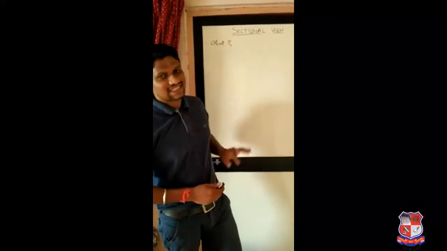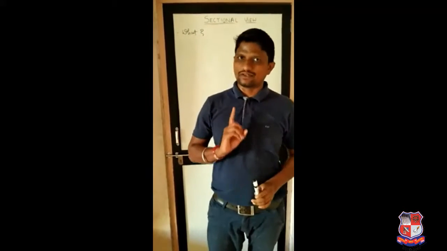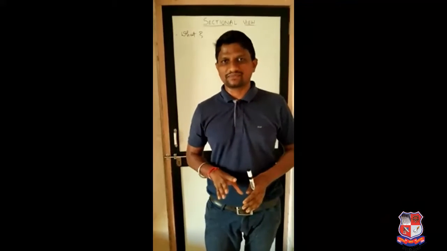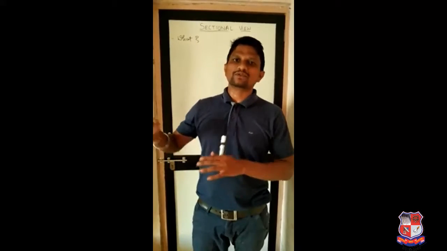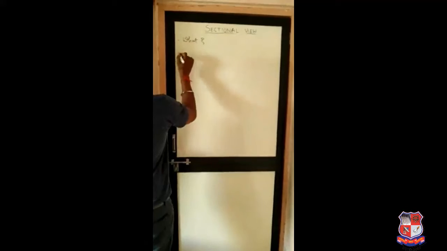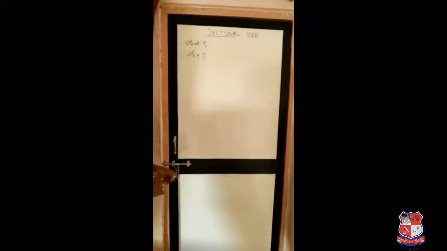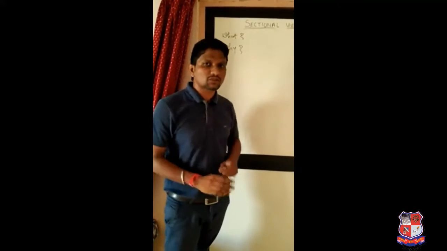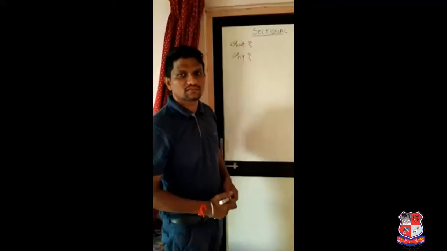So, what is sectional view that we have studied? We need to cut the object? No. We need to imagine that the object is going to be cut. Then after, observe the object to make the hidden portions visible. Why it is necessary, that also we have discussed, to make it easier for the worker to study the object, to observe the object, to read the object. That is what sectional view is all about, right?